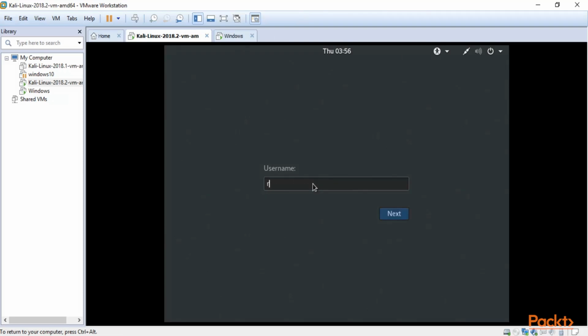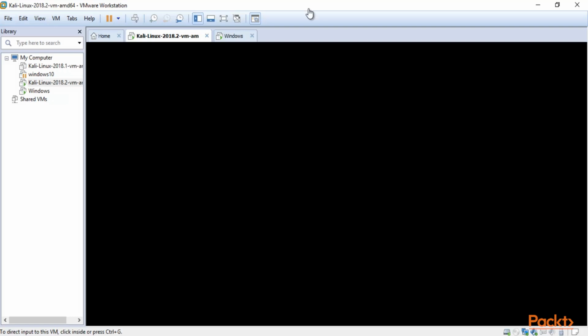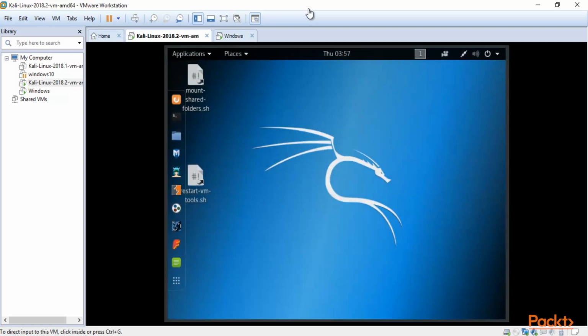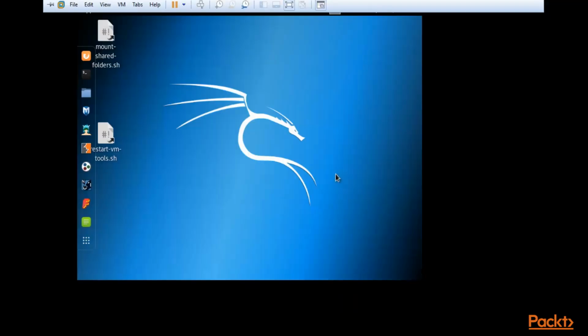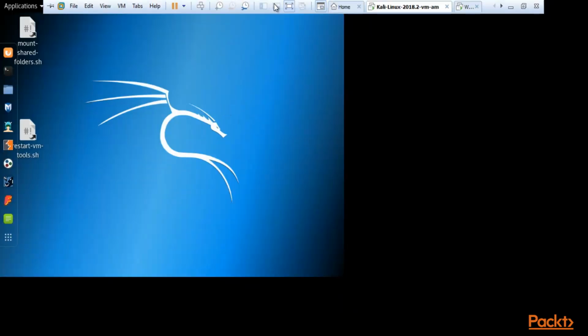Now you can type root as the username inside Kali Linux, and toor as the password. So root is the username and toor is the password. Hit enter. So it will open up inside VMware Workstation. It will now show us the graphical user interface of the Kali Linux operating system. Here it is. So you can see here that the Kali Linux operating system has been successfully installed inside our VMware